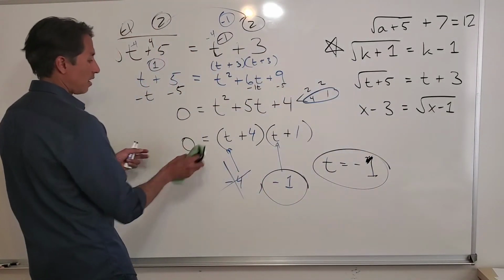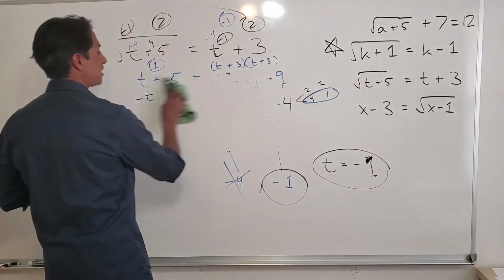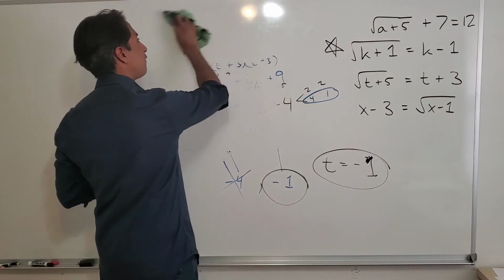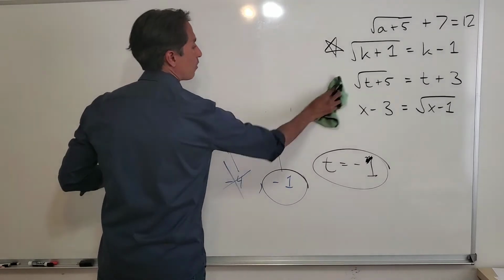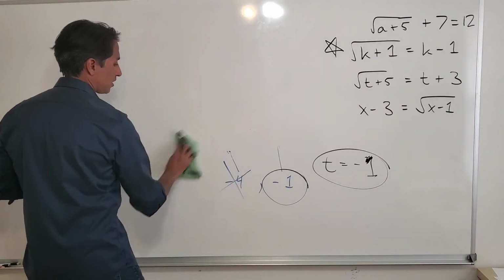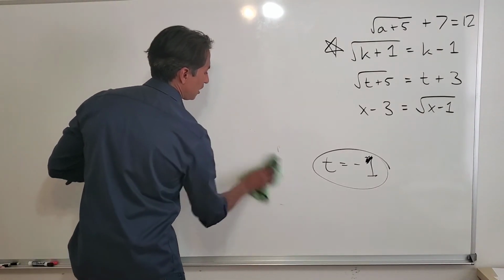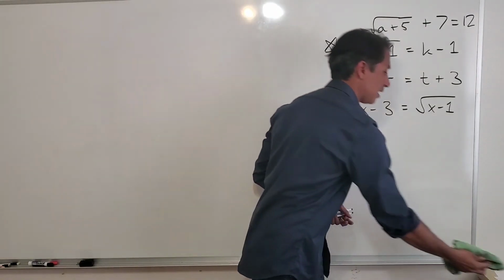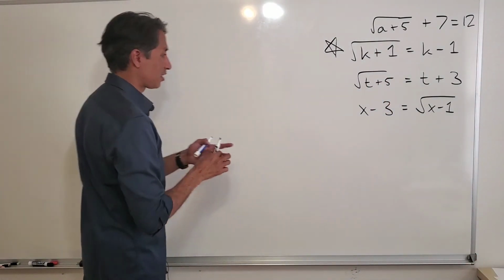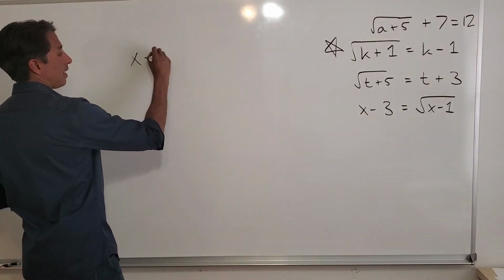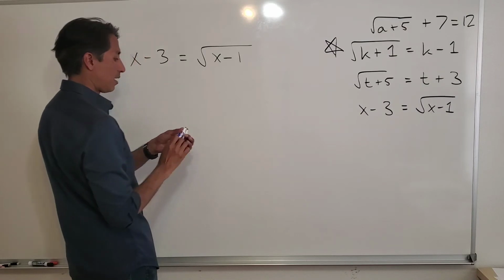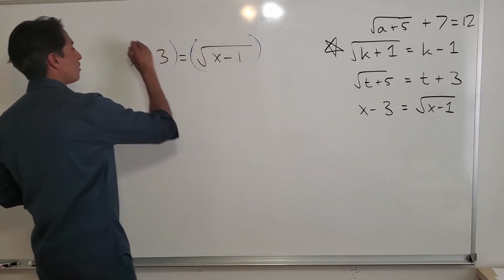Got one more here. Like I said, I wanted to do this one just because that way you see problems where you have the square root stuff on one side versus the other. It really is up to you how you want to tackle this, but I always just try to follow the same pattern because it always works for me. x minus 3 equals square root x minus 1, and you'll see what I mean. Square root these guys,